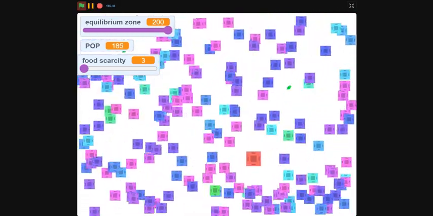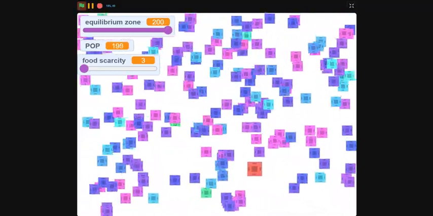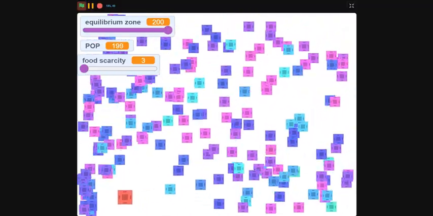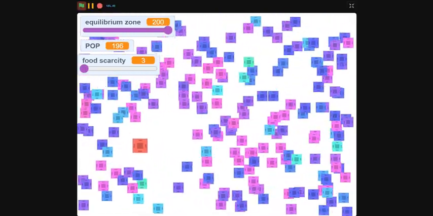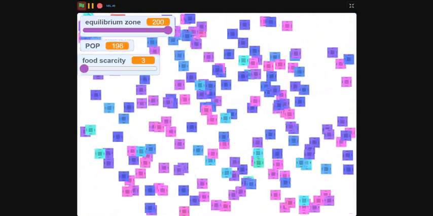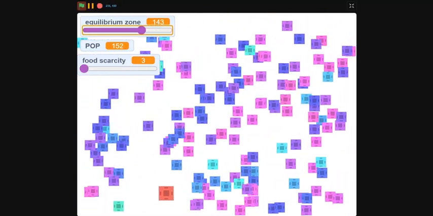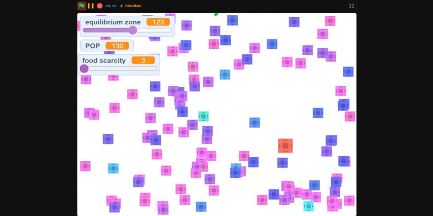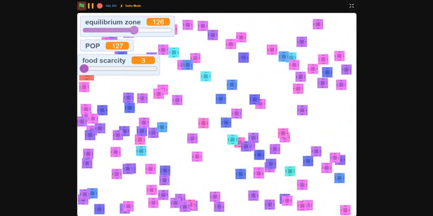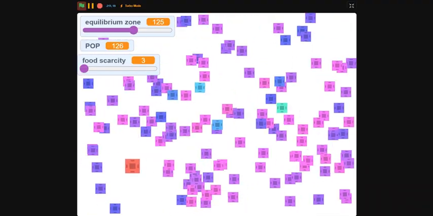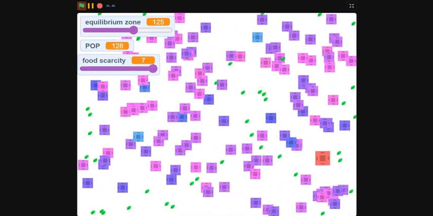If you find any cubes that are frozen, that's because they have no more energy and they cannot spend any more energy to run. They either have to be lucky enough to eat a pellet before they run out of energy and get killed. And now if I just slowly decrease the equilibrium zone, which is risky because it can lead to death. Note, I'll increase it up to 125. We can just turn the scarcity up to 7, so now they all survive and they're all happy